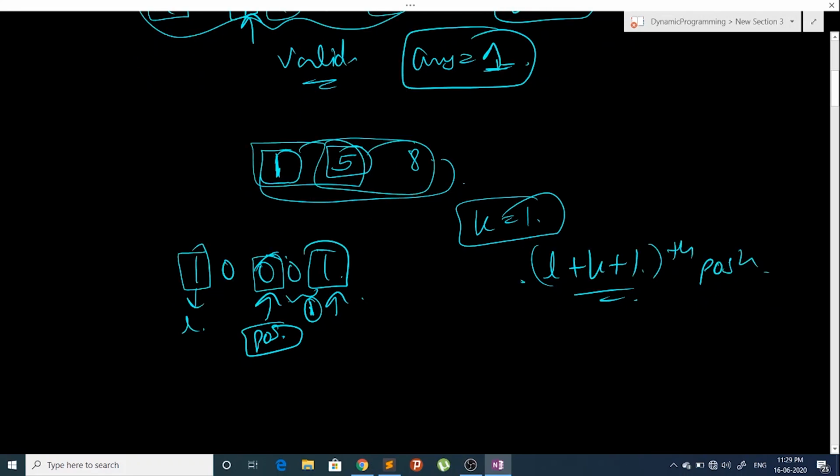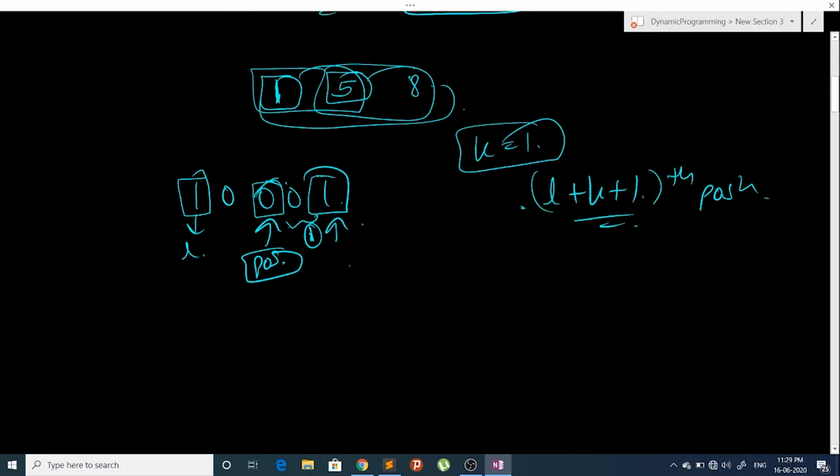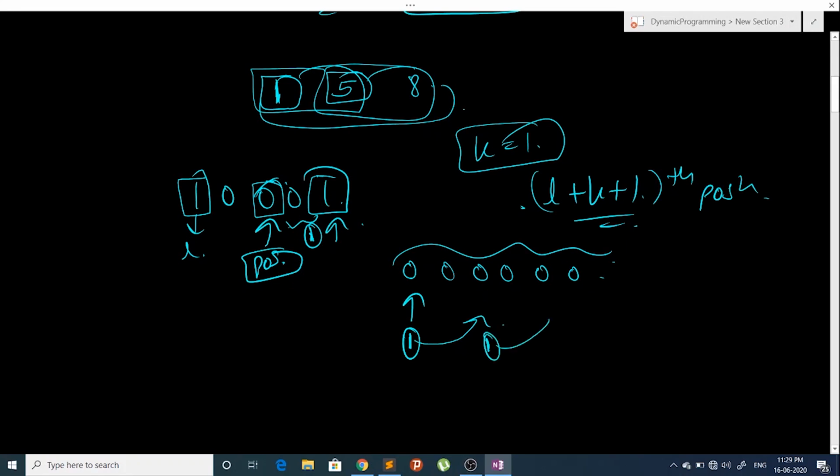And now there is one thing that we have to handle: corner cases. If the string is empty, consisting of only zeros, then I will just fill the first position with 1, and then I will see the k plus 1th position and fill it with 1, and I will keep doing this until I reach the end of the string.